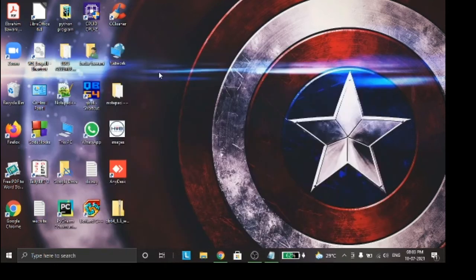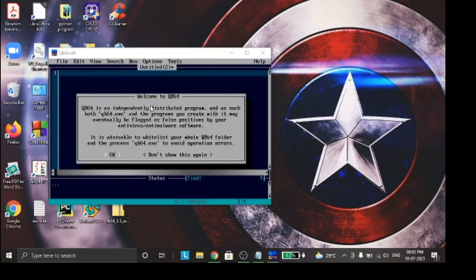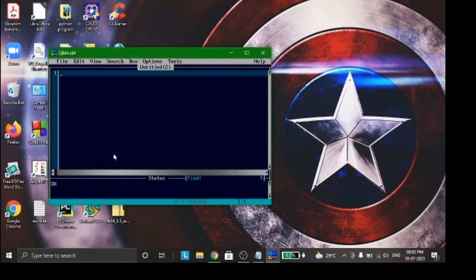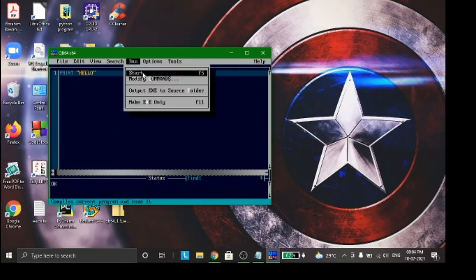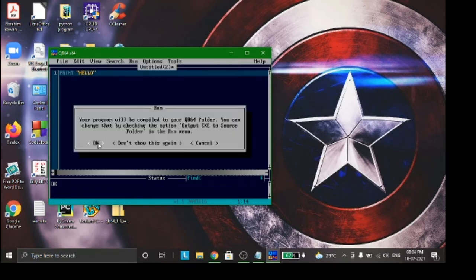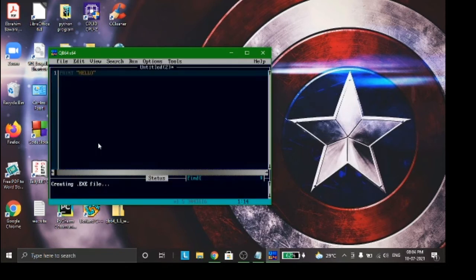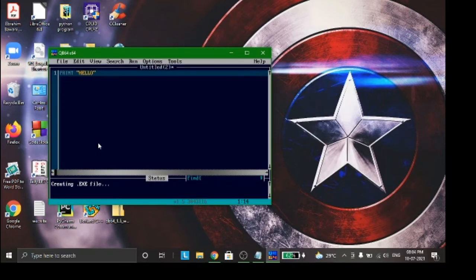I will get the GUI of QBasic where I can say OK, and I will write a simple program to print. Print hello, and I will say start.